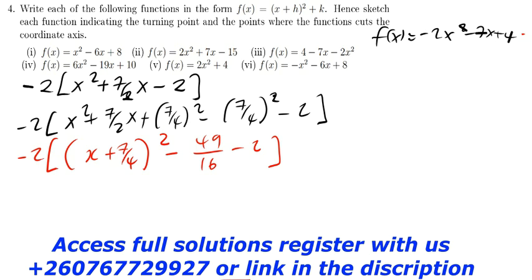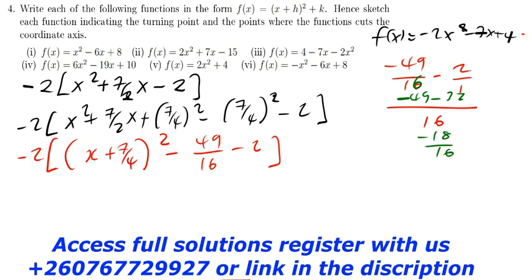The next thing I'm going to do is to first simplify this. The common denominator is 16. So 16 there, I'll have 1, so it will still be negative 49 minus, that is going to be 32. So it's now negative 32 minus 49, that is negative 81